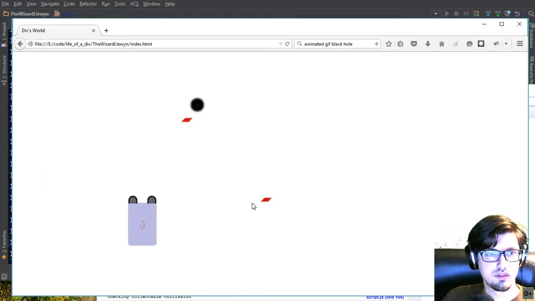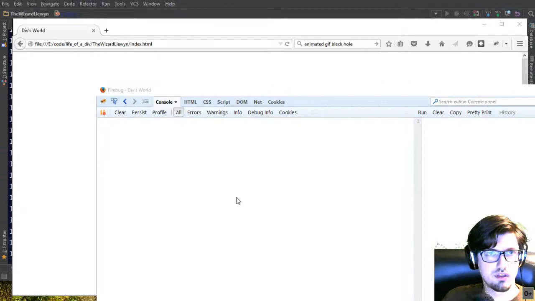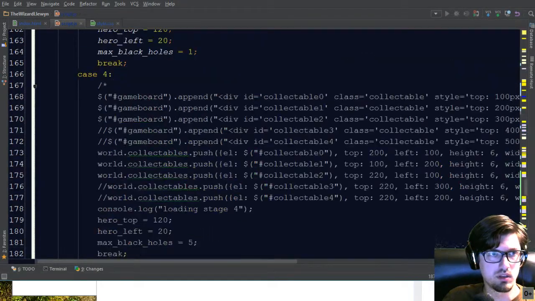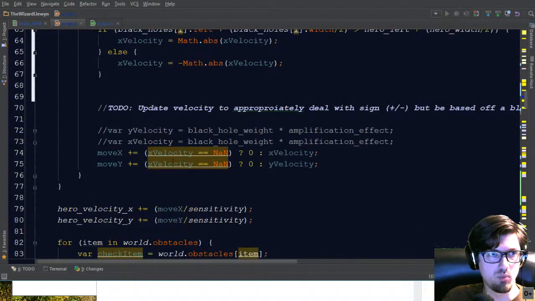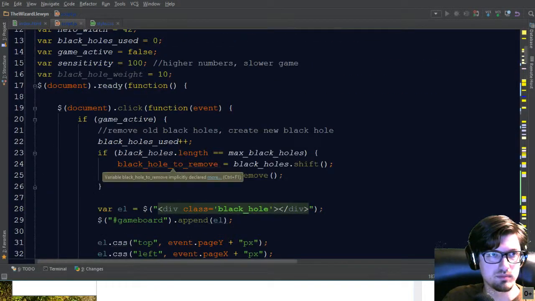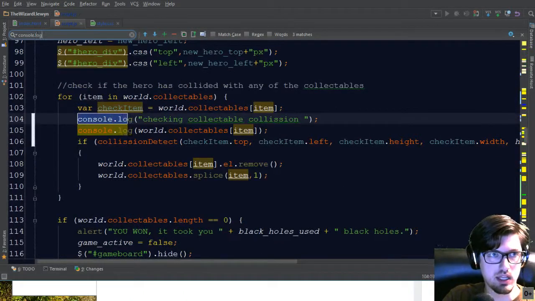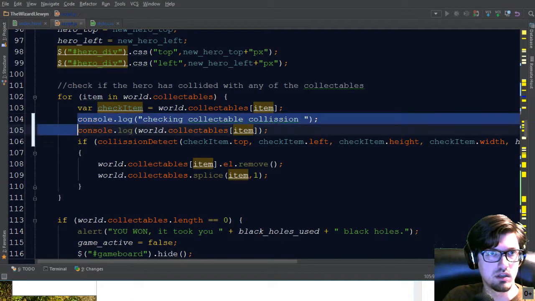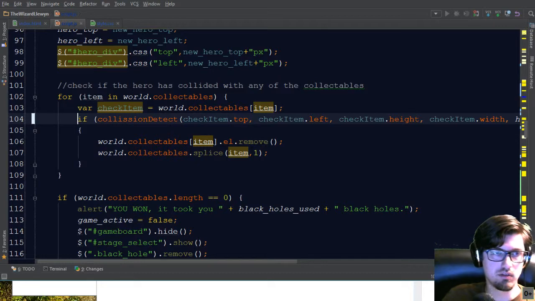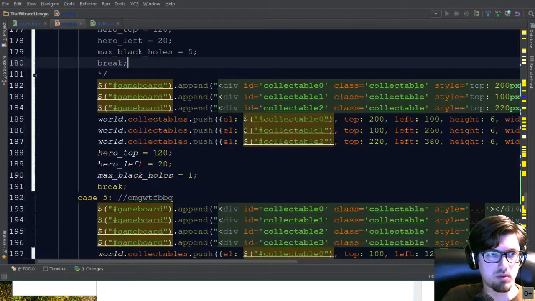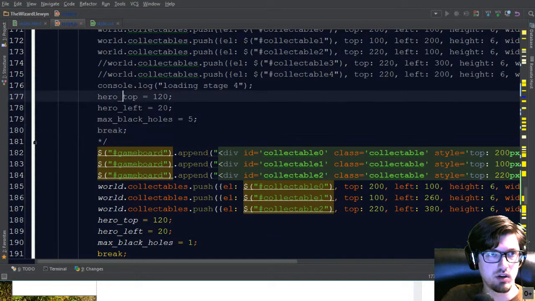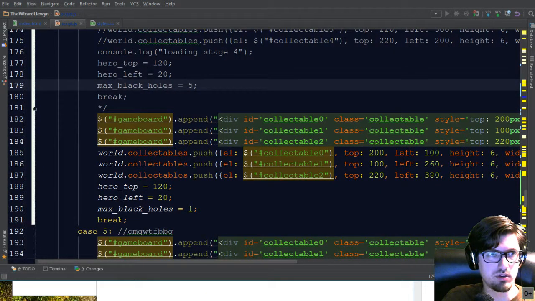Okay. So it has something to do with... So, somewhere, console.log. Let's get rid of that. Okay, so now, somewhere in here, things are broken. So let's see. Hero top, hero left, max black holes, break.